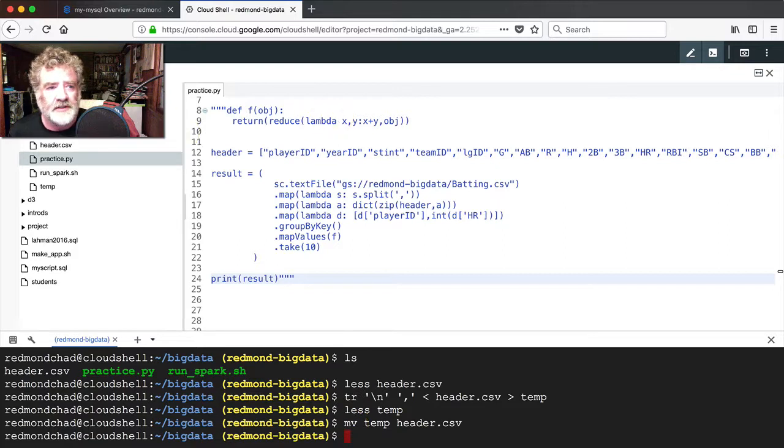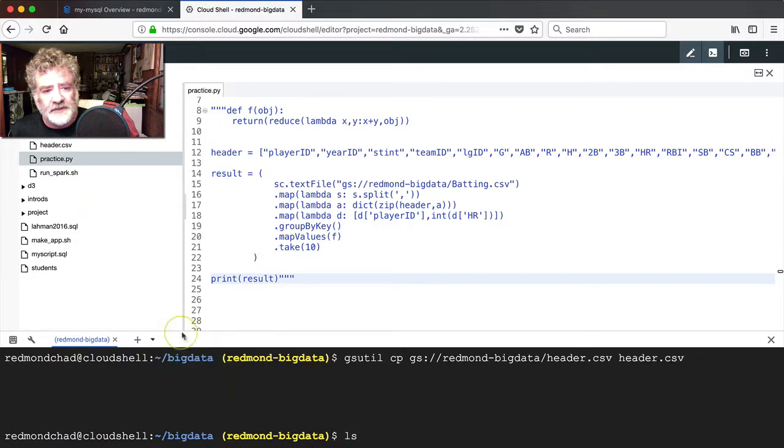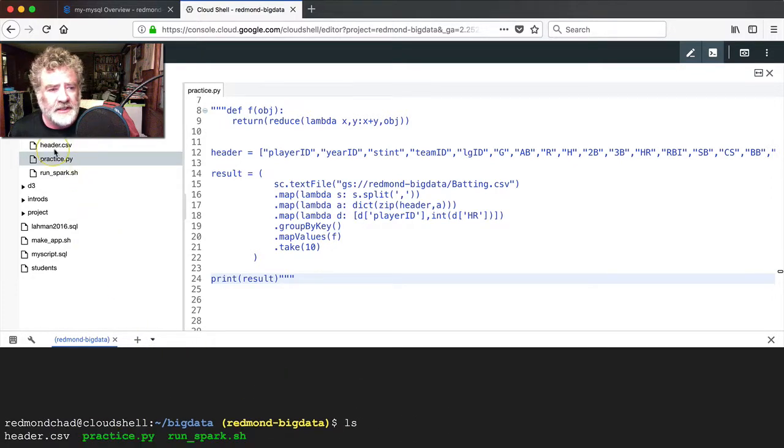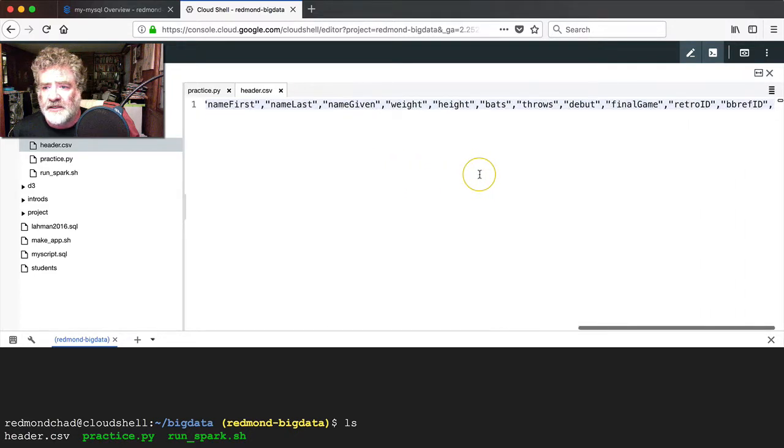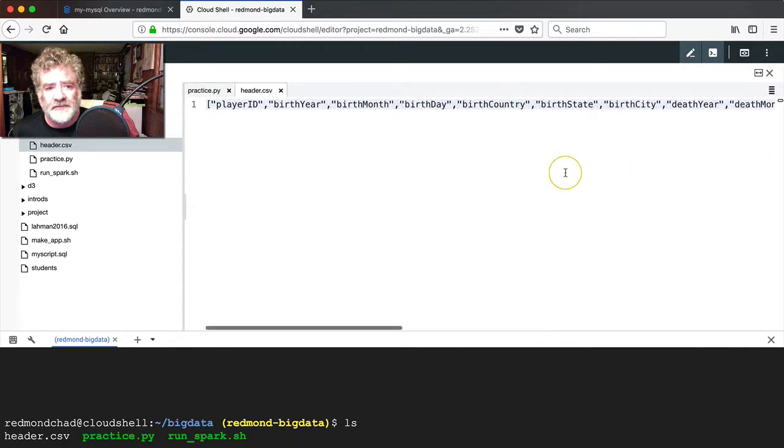Okay. So let me go up here and refresh. So let's see, this might be behind my picture, so it's just file down to refresh, just to make sure that the files up here have all these changes. And if I open up header, there it is, and I just need to have a square bracket at the beginning, and then at the end I need to get rid of that comma at the end and put a square bracket there,